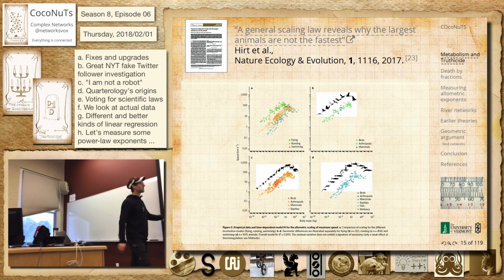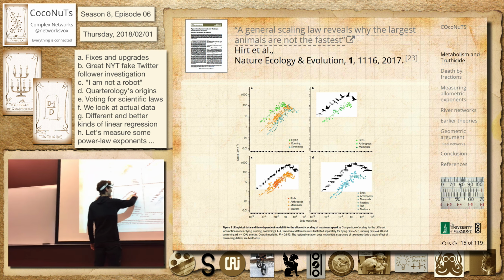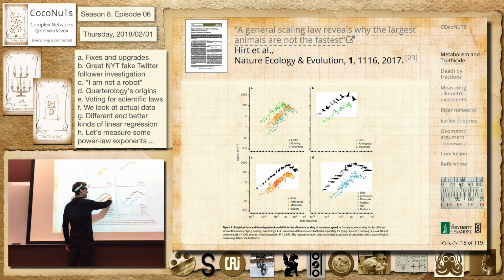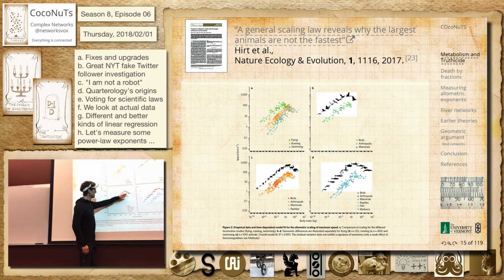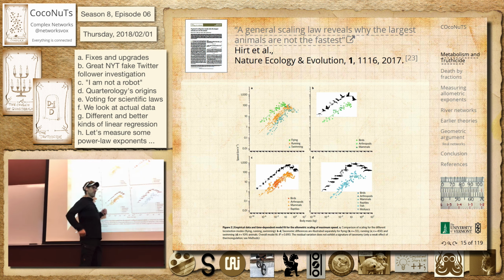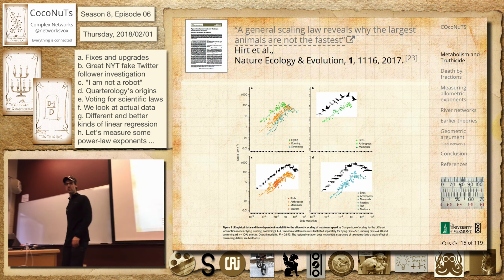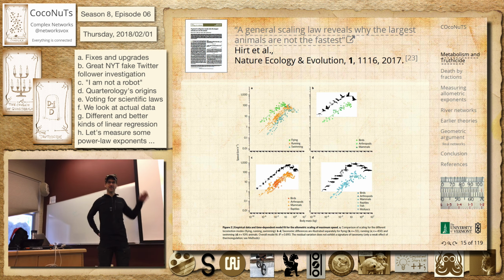Then there was a paper that came after that that showed that, in fact, the largest things never really get going that fast because it just takes them too long to get going. It's a really nice paper. This is a beautiful thing. So it's good scaling, but once you get up to the biggest ones, they start to wind it up, but they've used up all their energy essentially by the time they never quite get to their maximum speed. So if you juice an elephant, then it could go faster.